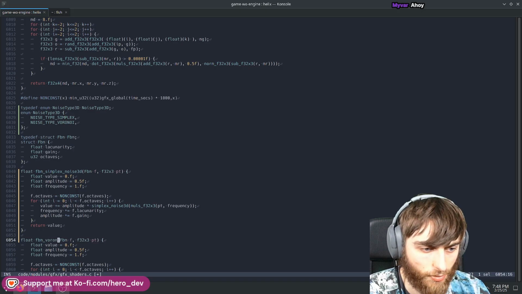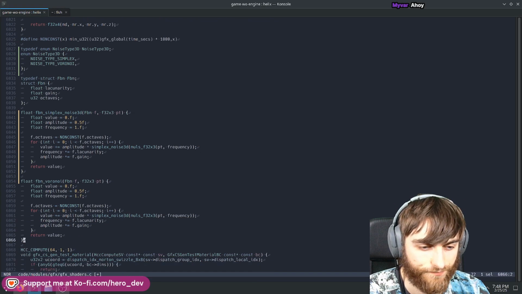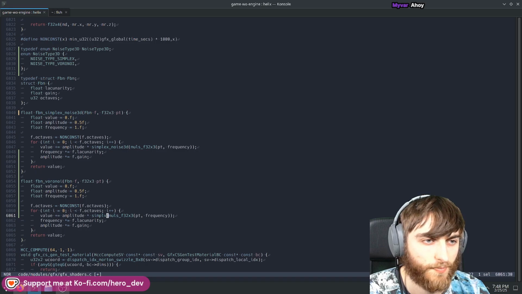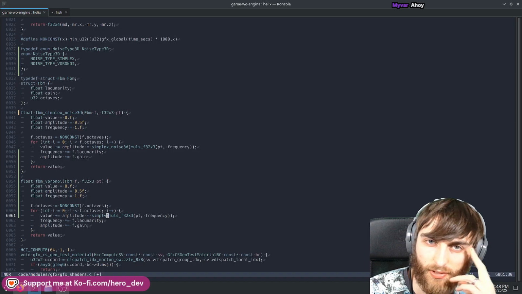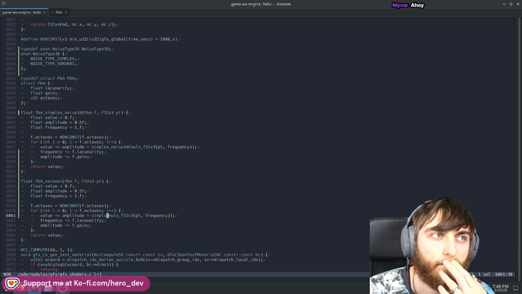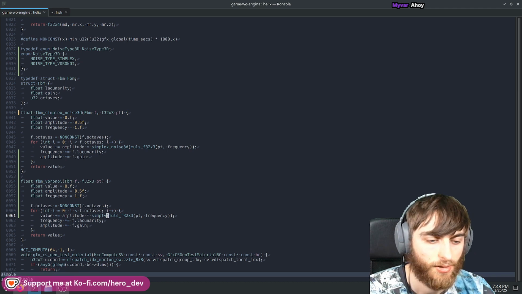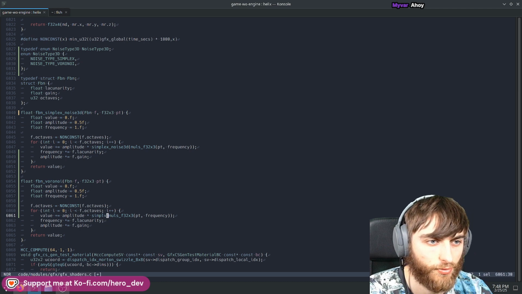Now, I think, right, we want to have one which returns a cell as well. Yeah, so we want another option which returns like a cell ID. Or maybe, yeah, was that Voronoi? No, I think the Voronoi would always return the